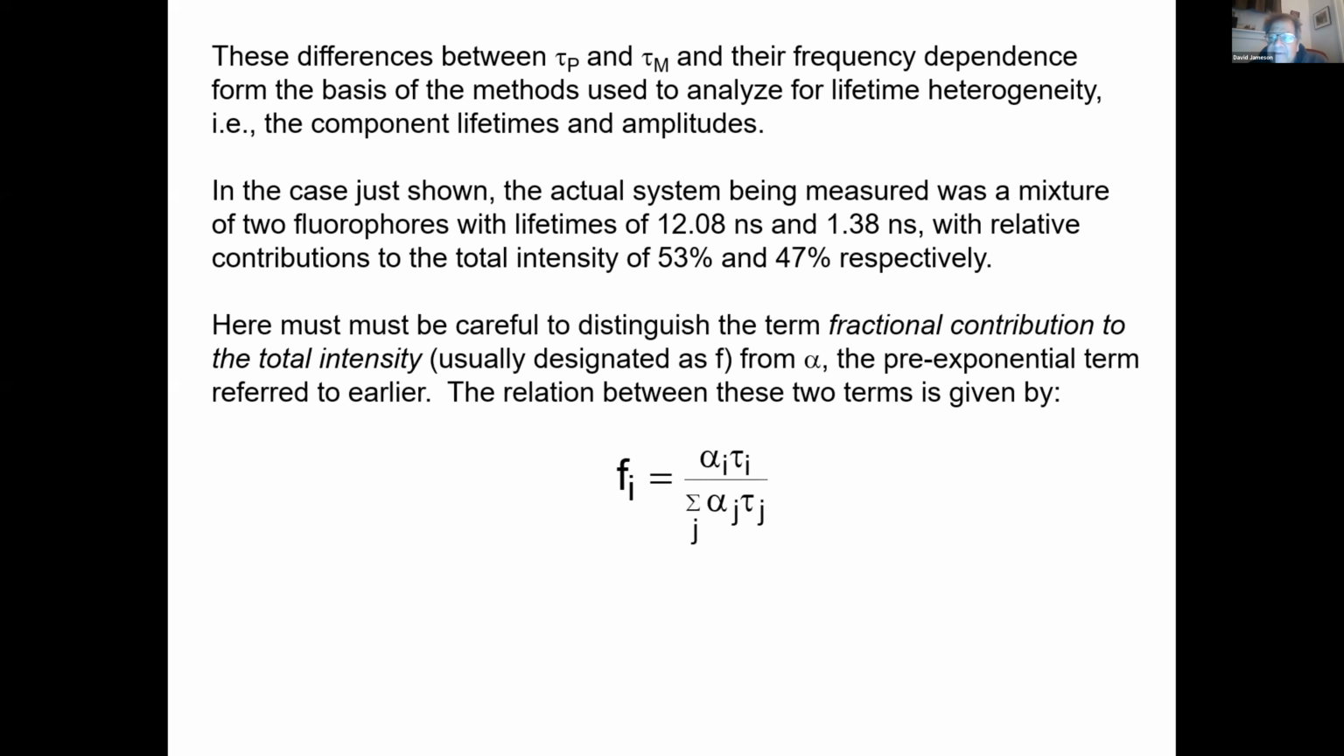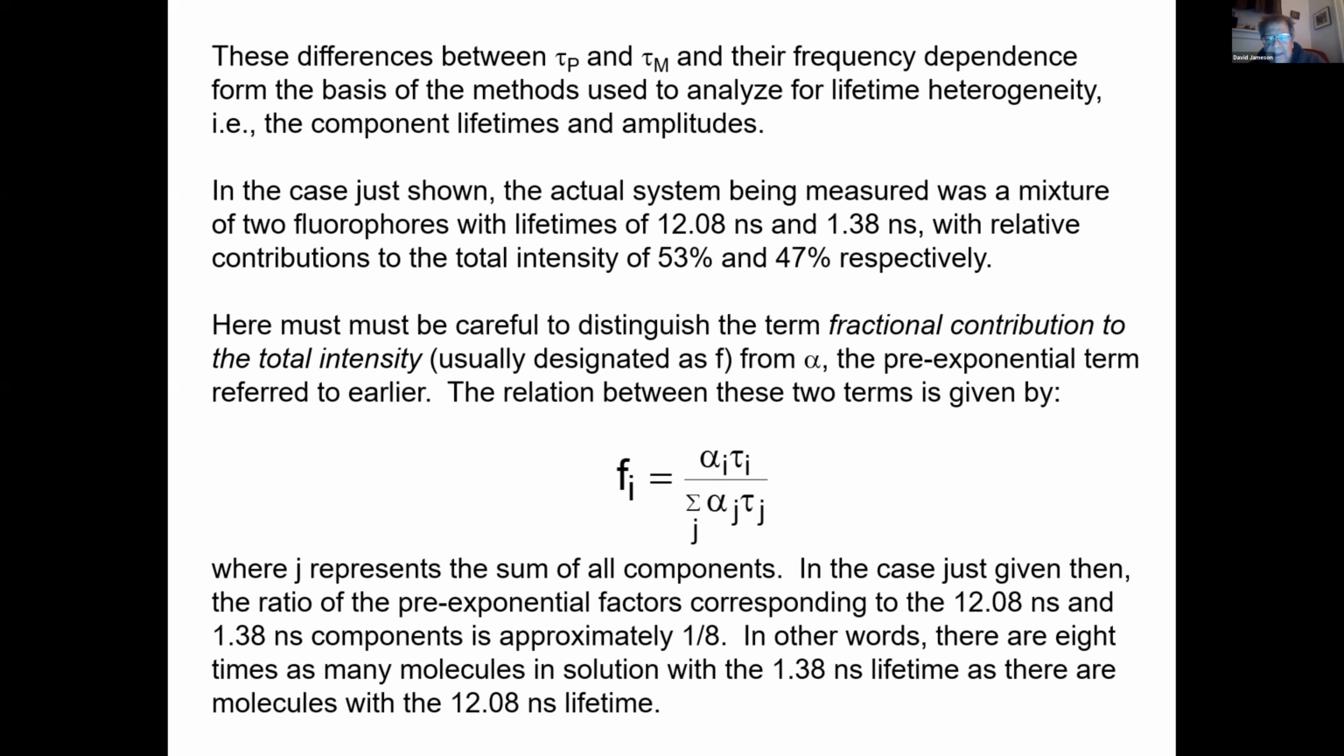But here you have to distinguish, though, and this is very important, between fractional contributions to the total intensity and the pre-exponential function referred to later. So there's a relationship between them, okay? And basically, in this case, the ratio of the pre-exponential functions, what I just showed you, would be 1 over 8. And this means there's actually 8 times more molecules in solution with the 1.38 nanosecond lifetime than there are with the 12.08. But the fractional weight of, let's say, the current reaching the detector from the phototube is